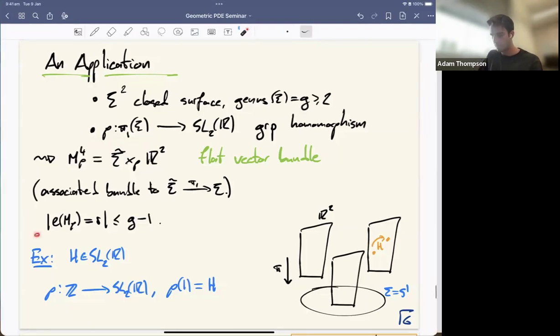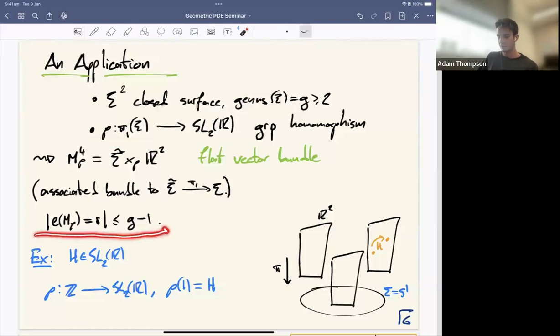And so necessarily, there's an inequality called the Milnor-Wood inequality that says that the Euler class of this vector bundle is bounded by G minus 1. So this was actually by Milnor, who would generalize this in a particular direction. To give you an example, not over a Riemann surface, but just over S1, here I have the base, which is S1 in this case. There are these R2 fibers, and what this rho gives me is the monodromy of the flat connection on this vector